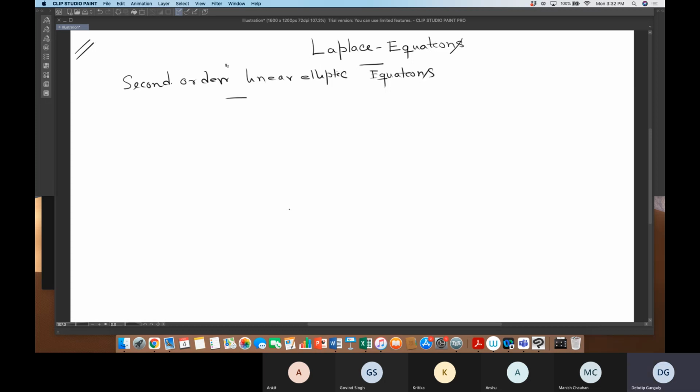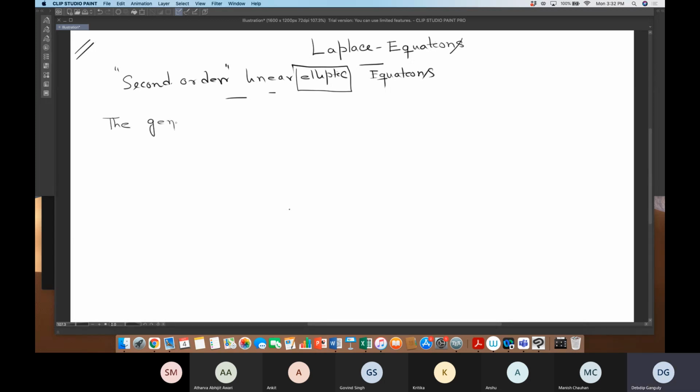So what is the meaning of second order? The highest order derivative involved in the partial differential equation is second order. You know that. Elliptic, linear: do you know the meaning of linear? This you don't know, no? So I will formally define what is an elliptic equation, and then we will start the Laplace equation. Okay, so the general form is